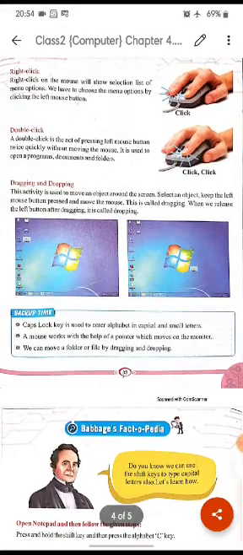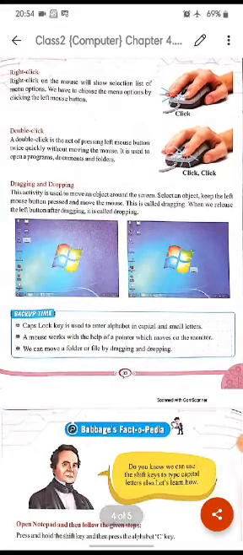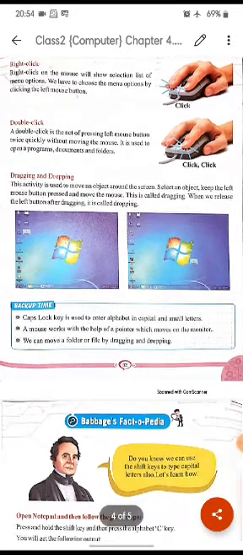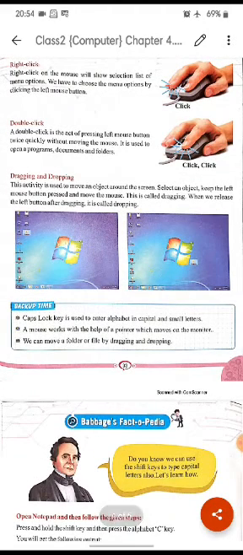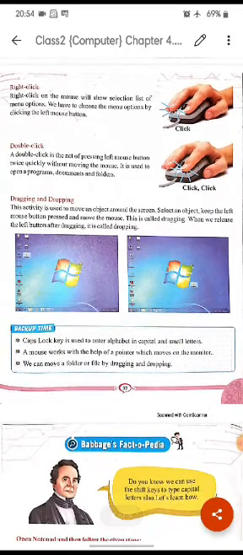Dragging means to click any object on the screen and pull it without leaving the clicked button. So this thing is called dragging, and releasing the button at the next place is called dropping. Okay, so there is the difference, and this is done by clicking the left mouse button.